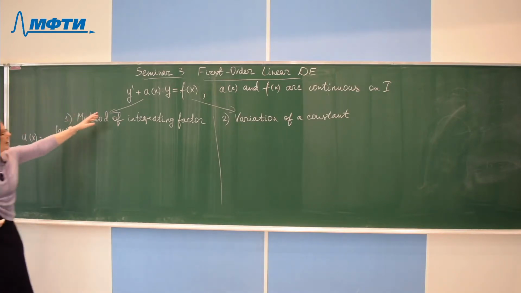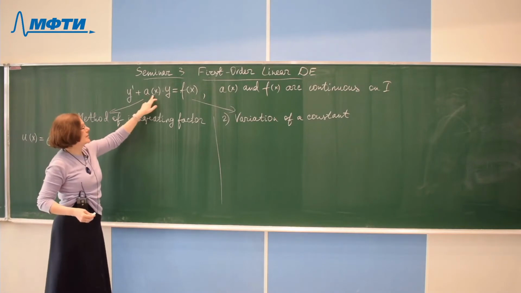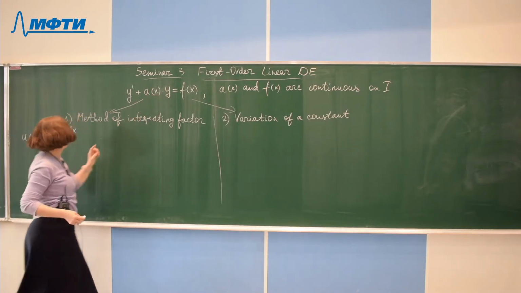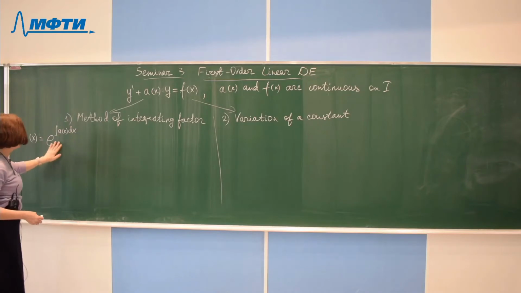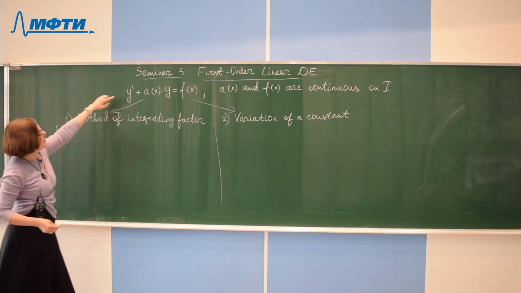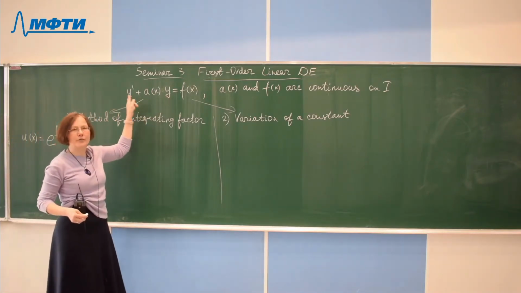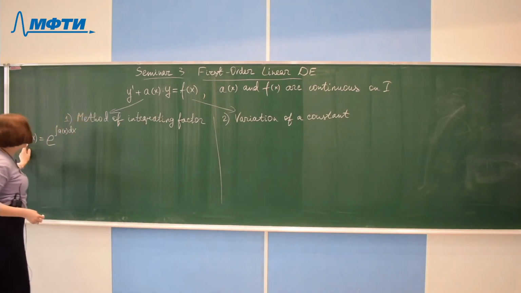We know the coefficient a of x, we may integrate, find an integral and raise e to this power. Then I claim that if we multiply the left-hand side of this equation by u of x,